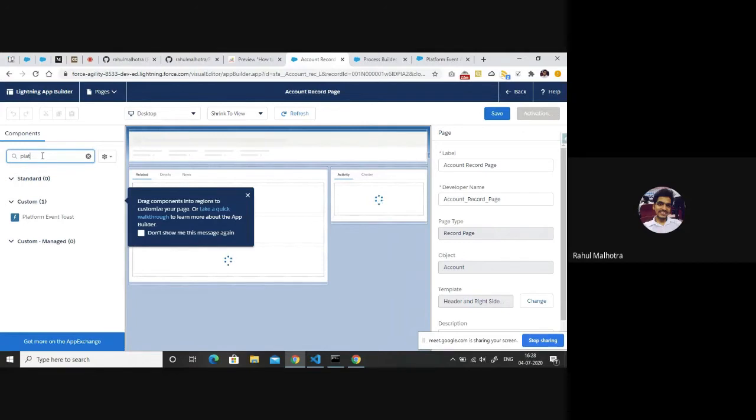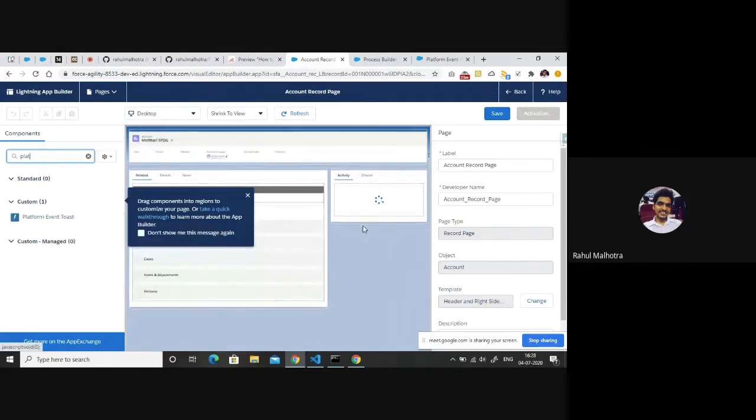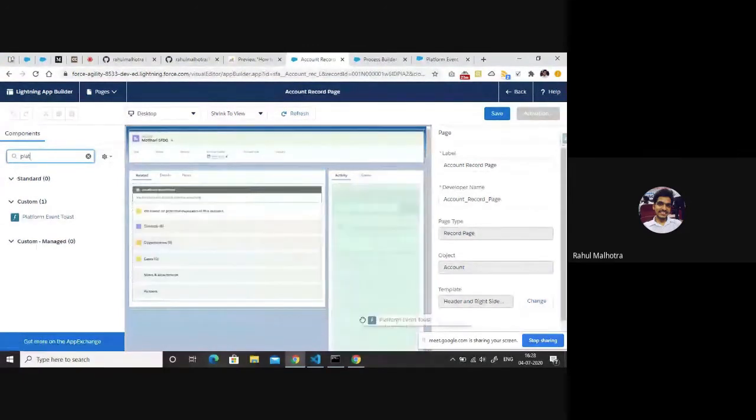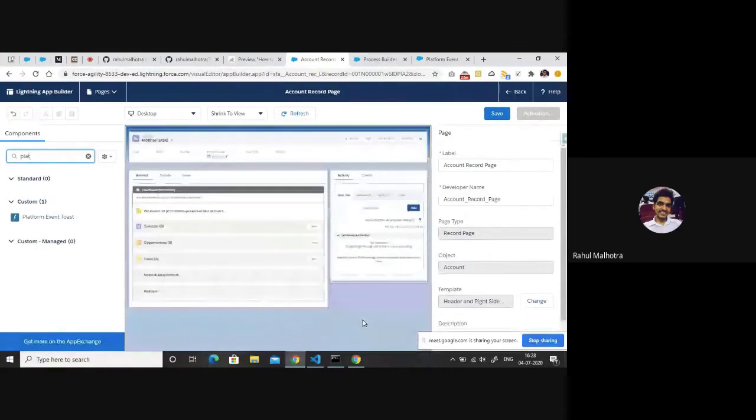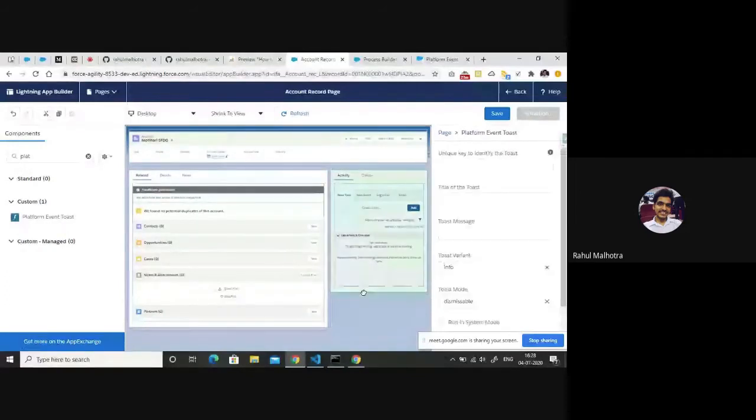As you can see, I have a component over here. I'm going to drag and drop it on the right side. So let's drag and drop it down here, right? I think I should move it a little below because I don't want it to be visible. Yeah. So here I have added my toast component. It will not be visible because it doesn't have a body. This component is a lightning component, but without a body. So it will be invisible to the user.